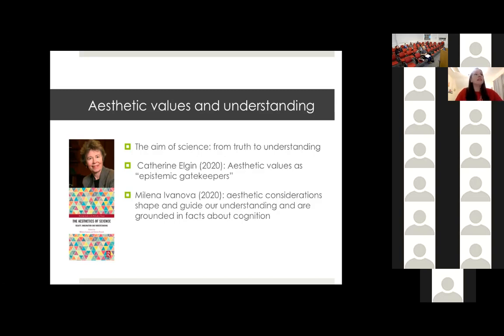And this kind of debate is still trying to preserve some value for beauty, but definitely not making the stronger claim that beauty is related to or indicates truth. So that's one part of this debate, which I'm not going to talk too much about, but there's another